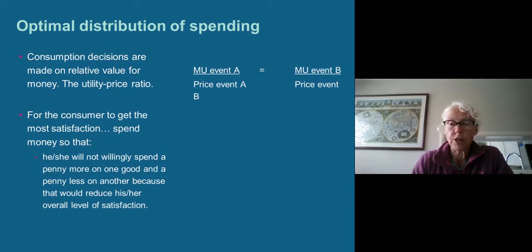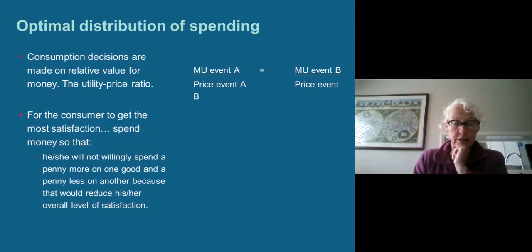And over on the right there, you can see there's an equation for this, which is, if we were thinking about it in terms of people's consumption of an event, it would be the marginal utility of event A divided by the price of event A should be equal to the marginal utility of event B divided by the price of event B. And this is what people are trying to kind of balance out when they're making consumption decisions about